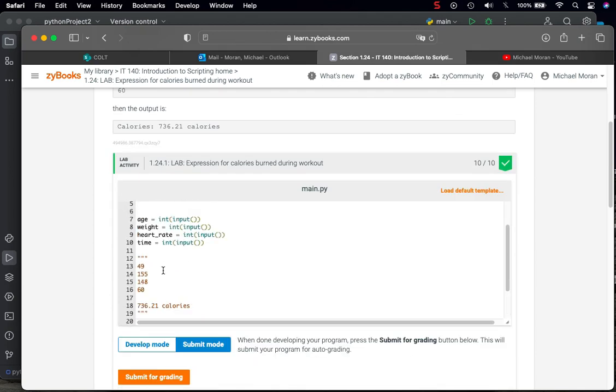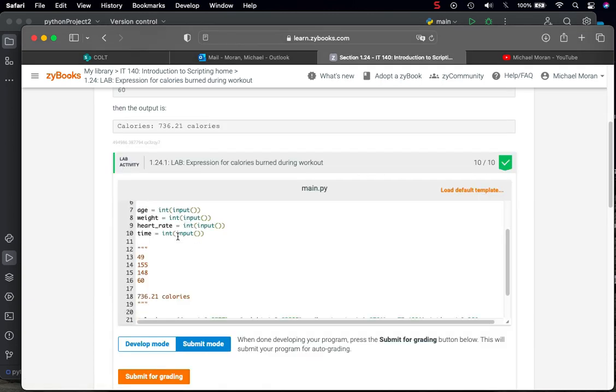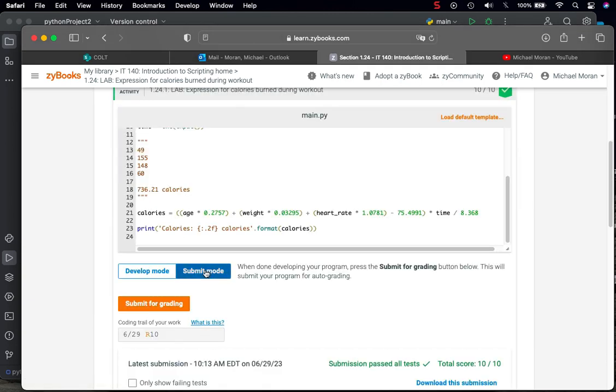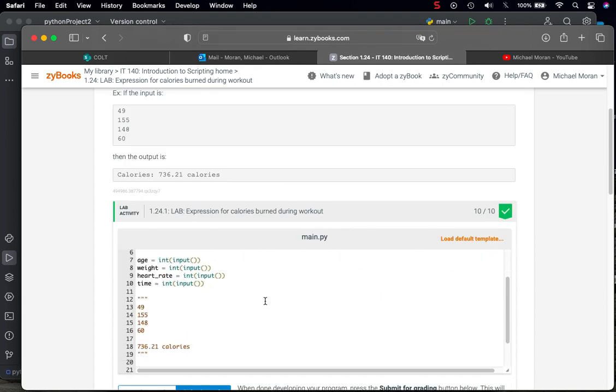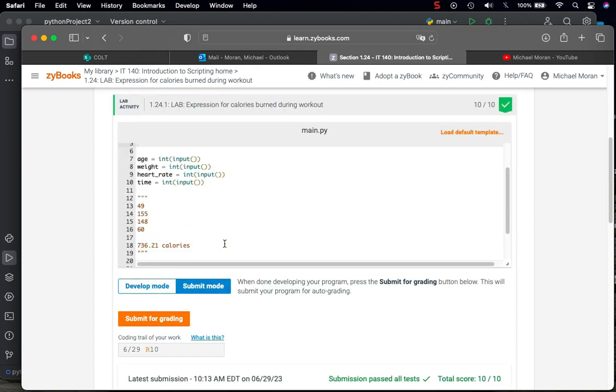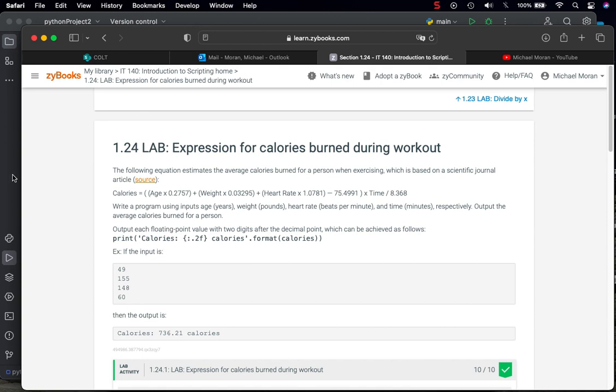I've copied it from PyCharm. I've pasted it into zyBooks for this particular lab. Let's click the submit mode, see what we get. Bam! 10 out of 10, 100%. Ta-da! So that is how you can solve this lab using PyCharm